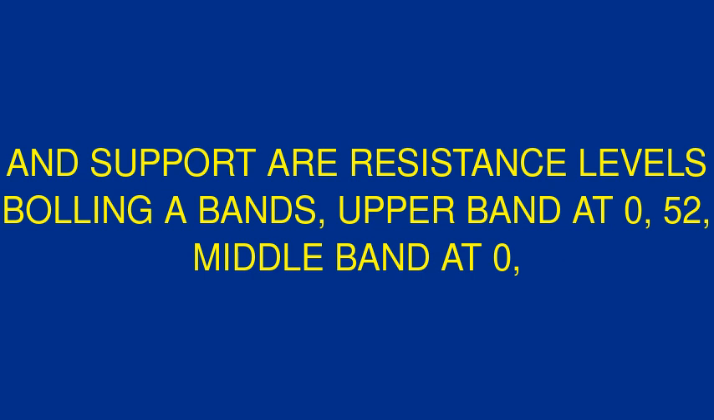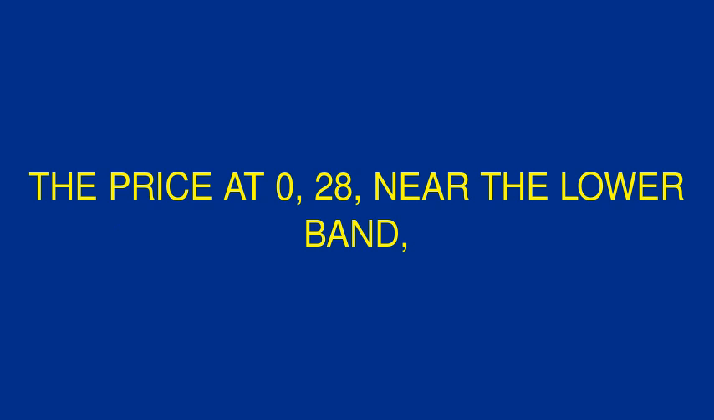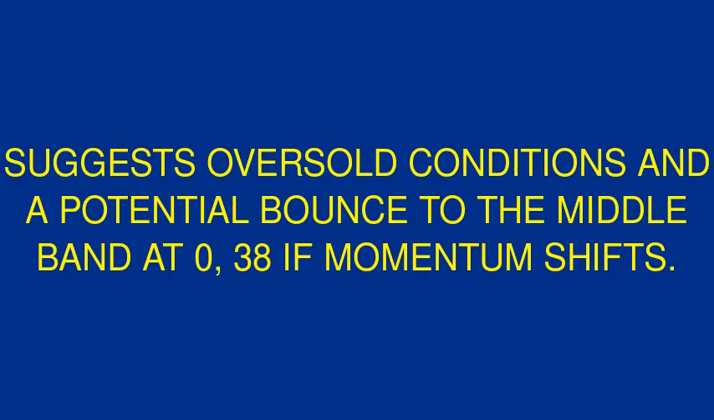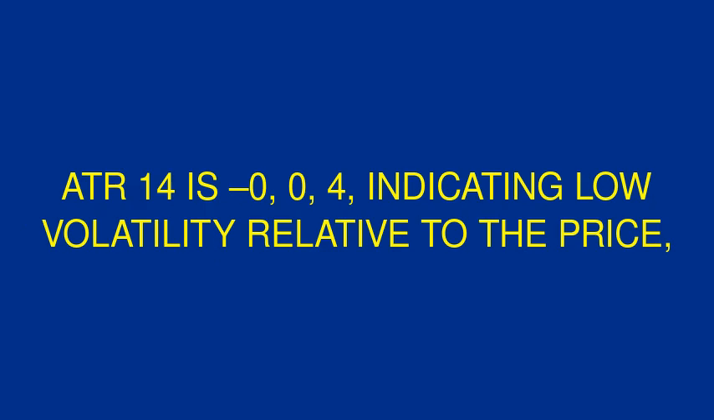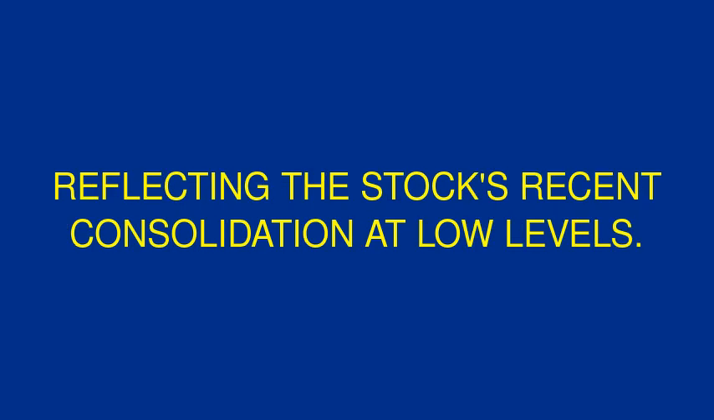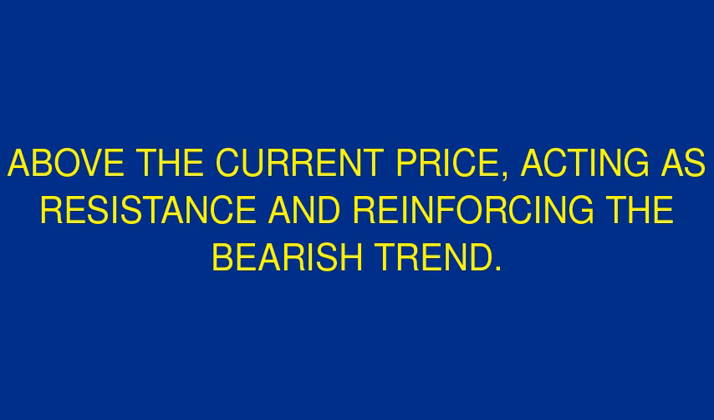Volatility, support, and resistance levels. Bollinger bands, upper band at 0.52, middle band at 0.38, lower band at 0.25. The price at 0.28, near the lower band, suggests oversold conditions and a potential bounce to the middle band at 0.38 if momentum shifts. ATR 14 is 0.04, indicating low volatility relative to the price, reflecting the stock's recent consolidation at low levels. PSAR is at 0.37, above the current price, acting as resistance and